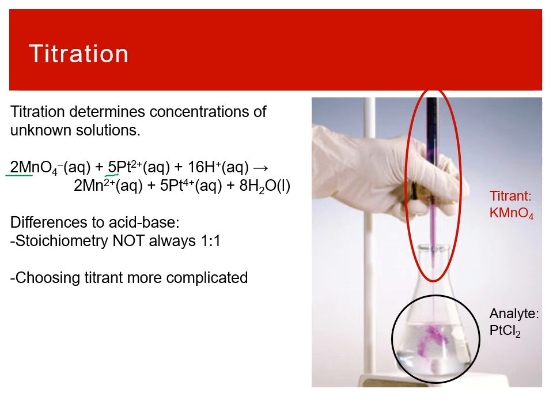We will talk a little bit about it, but in acids and bases, if you had an acid, you chose a base. If you had a base, you chose an acid, and you just chose a strong one, right? So always use HCl or NaOH and you're good to go. It's a little more complicated when you're dealing with redox reactions because you need to figure out what sort of